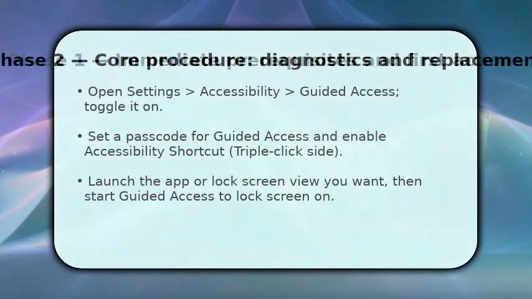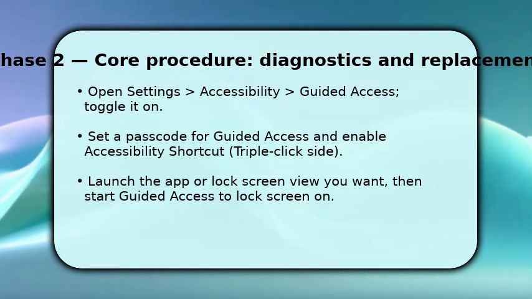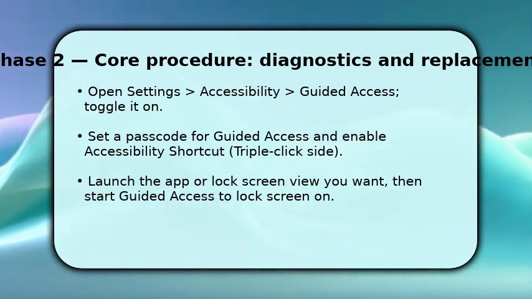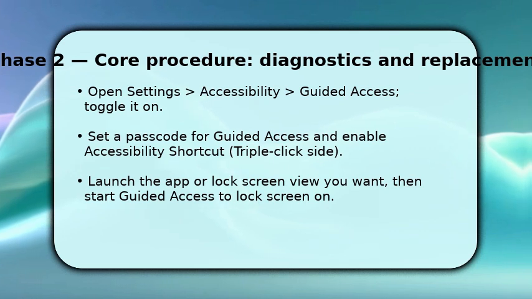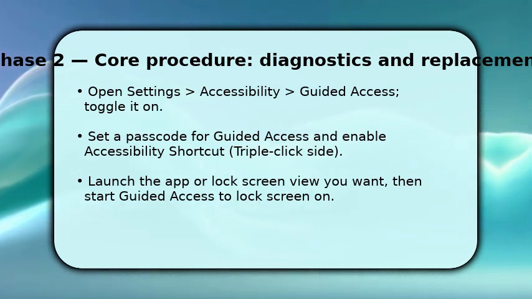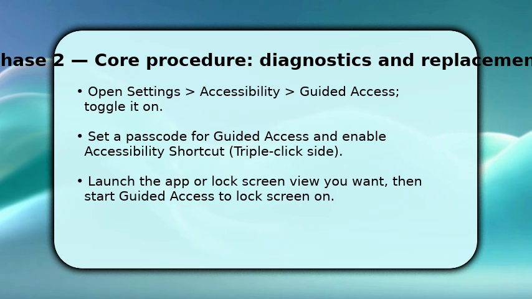Now you'll use guided access to mimic an always-on display. This is the core workaround. Go to Settings, Accessibility, Guided Access and turn it on. Set a passcode and enable the accessibility shortcut so you can triple-click the side button to start or end sessions